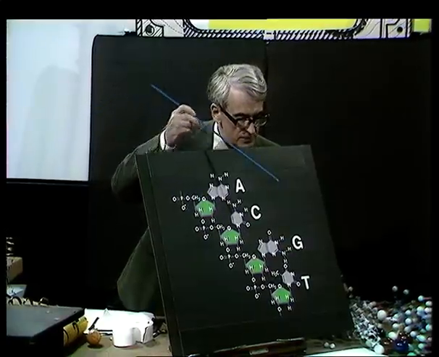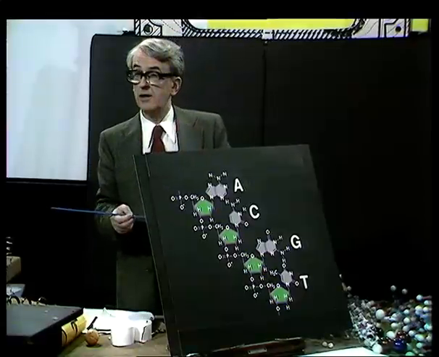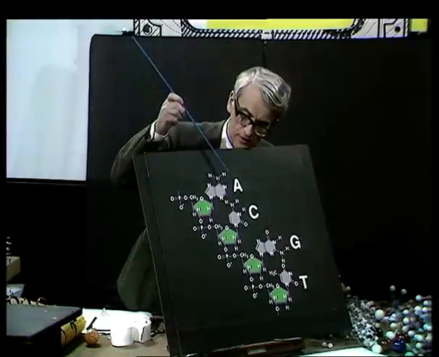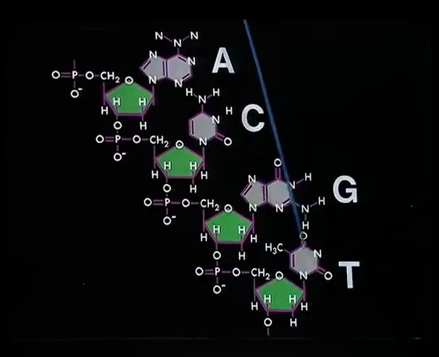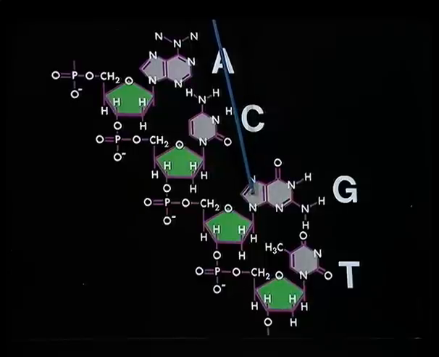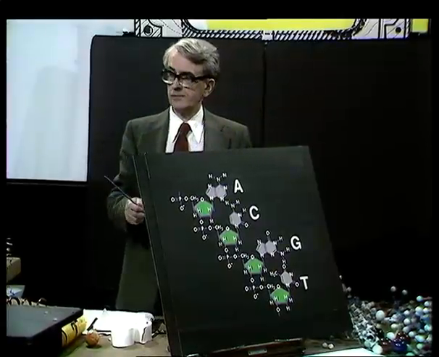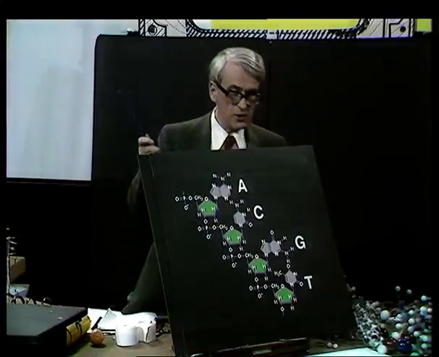But that isn't the end of the story. Over on this side, you see that attached to the sugar, there are also other groups of 4 different kinds. This drawing just shows 4 units so that I can show each of these 4 different kinds. This one we are going to call A for short, this we'll call C, this one we call G for short, this we'll call T. And notice that A and G are both made of a 5-membered ring and a 6-membered ring joined together, and C and T are made of a 6-membered ring with other groups of atoms attached to them. So hold on to A, C, G, and T, and to this sugar phosphate chain,